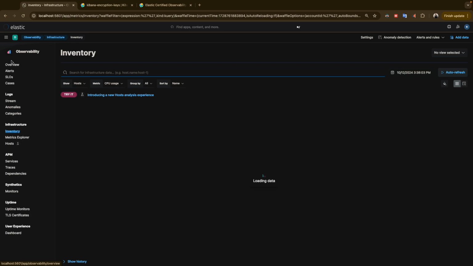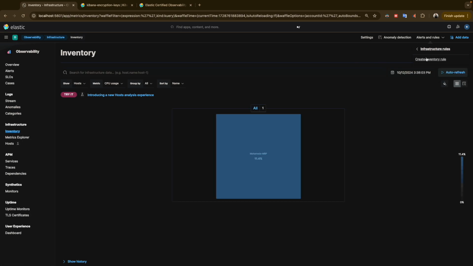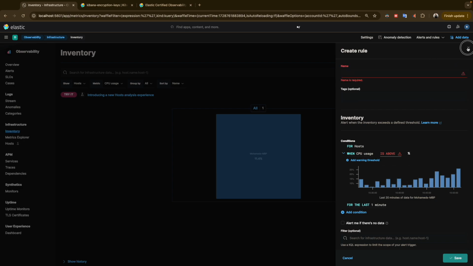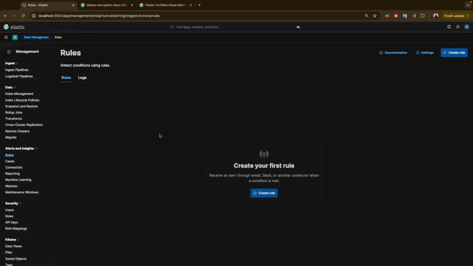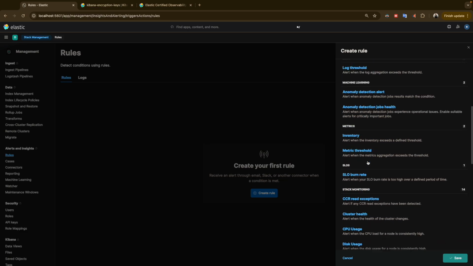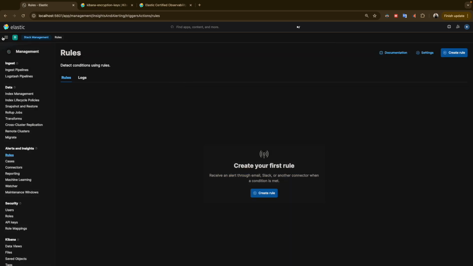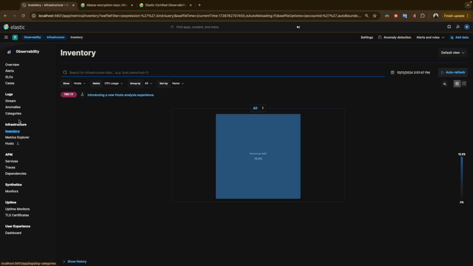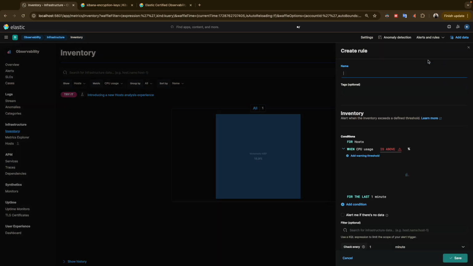So now if we click here on alerts and click create rule, now I have how to create a rule. Or the same if I go to Stack Management and Rules here, I can create a rule. It's the same thing. From here you can create a rule for everything. And if you are, for example, in the inventory, you will create rules only related to the inventory. So if I click here, for example, for the infrastructure, and click create,